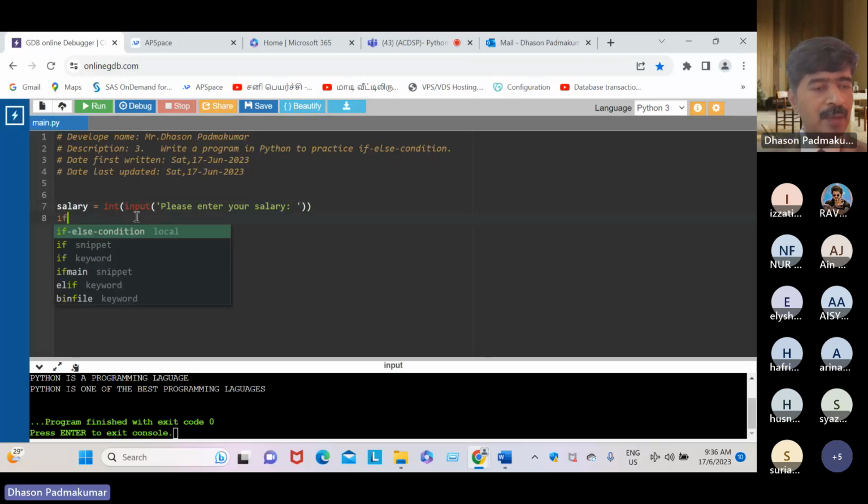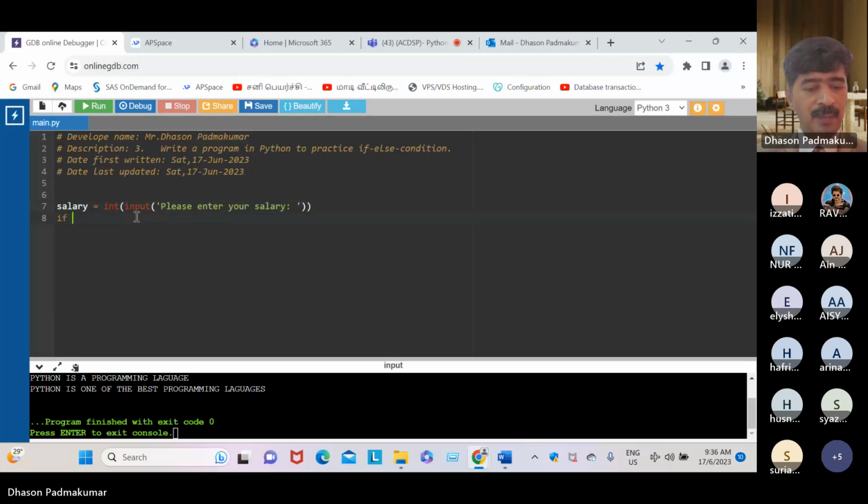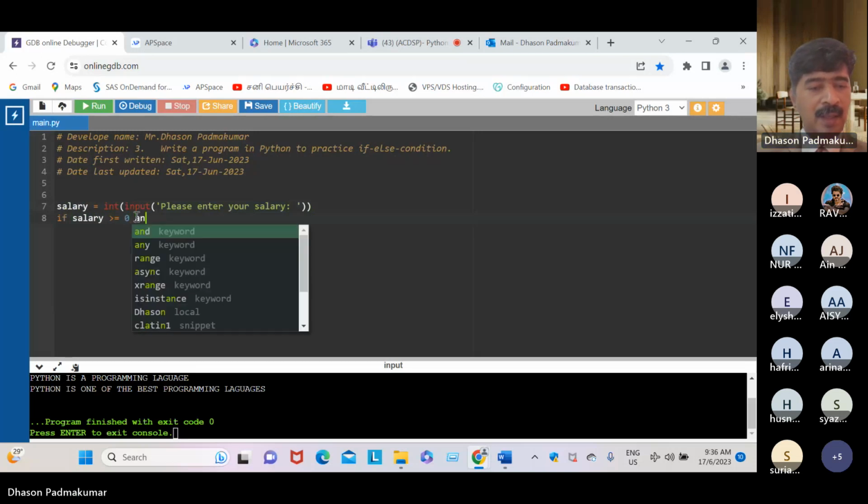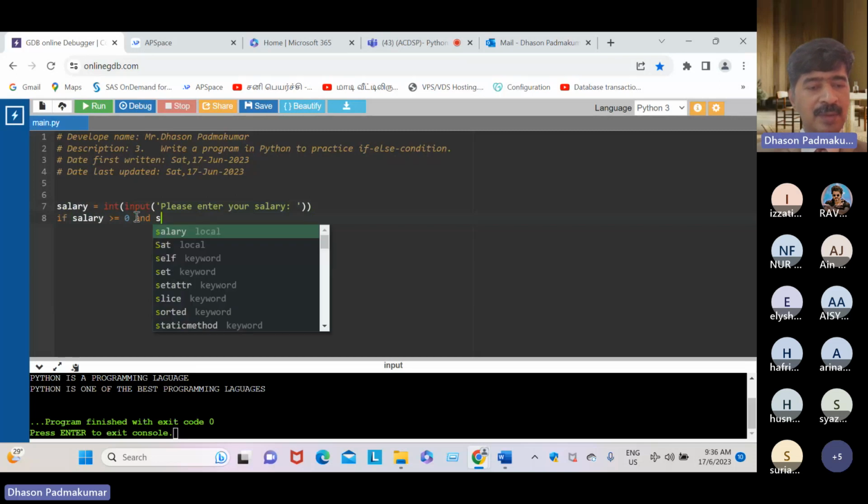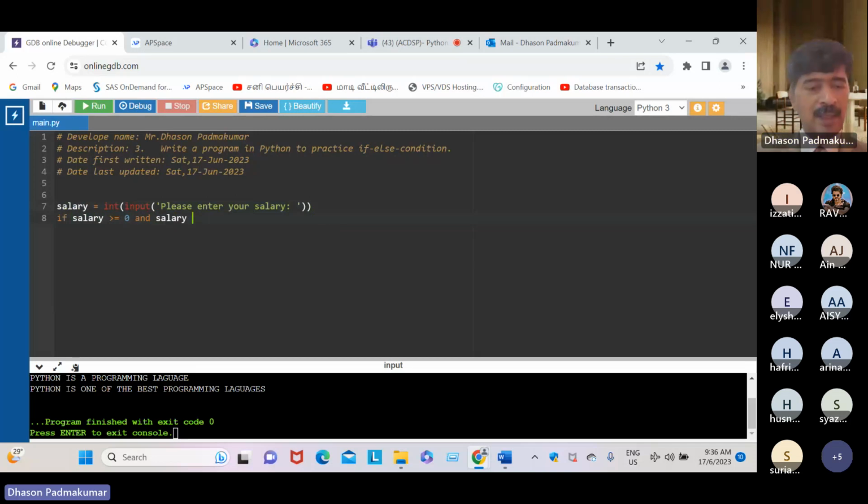So here, if salary, dear student, greater than or equal to 0, and salary less than or equal to, let's say, for example, 1,000, colon.